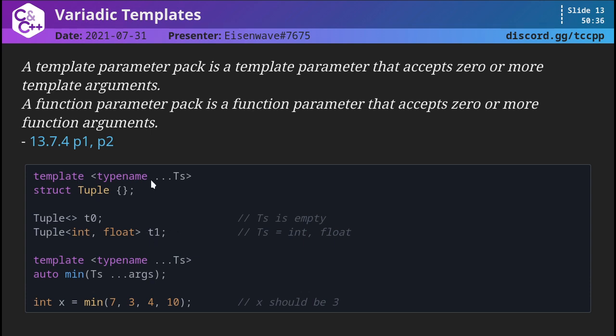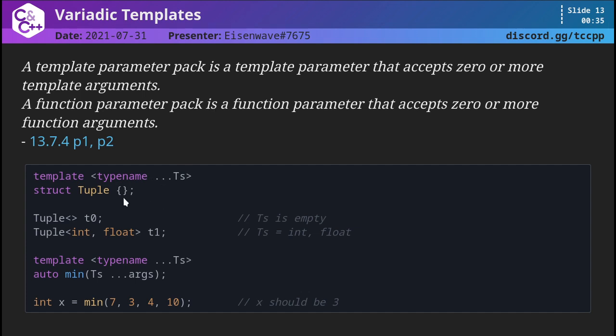So for instance, if we had something like a tuple type, which you'll find in most programming languages, I should probably reset the counter as well. So if you have something like a tuple type that can store an int and then a float and then a double, etc., a lot of programming languages support this kind of feature. And we could implement that using C++. So for instance, if you look up the implementation of tuple in Rust, you will find that it's like the same thing copied and pasted 30 times. But standard tuple is defined without copy and paste. It can be entirely self-hosted and defined elegantly in C++